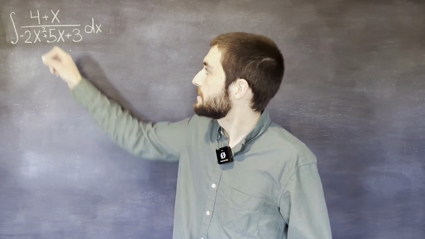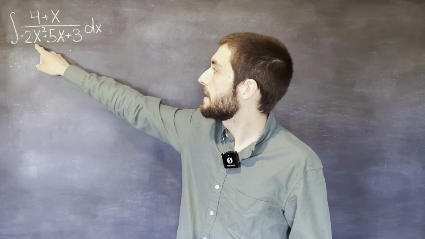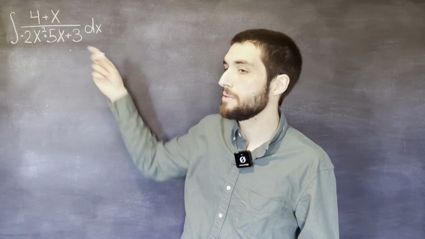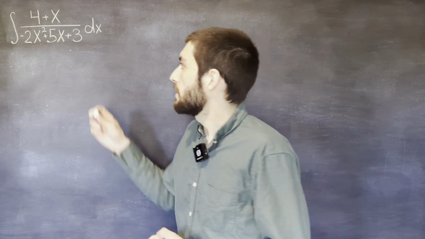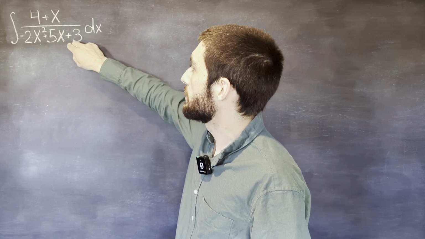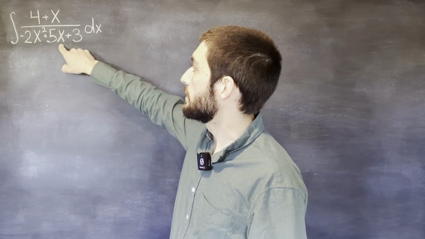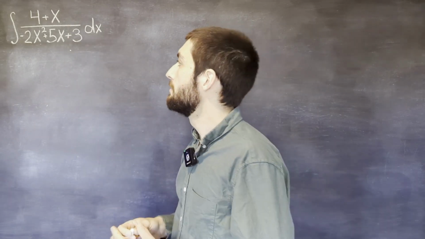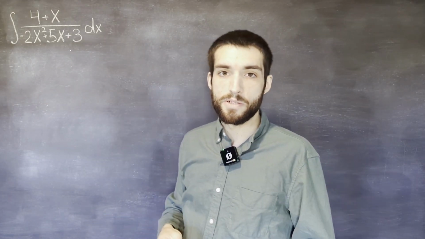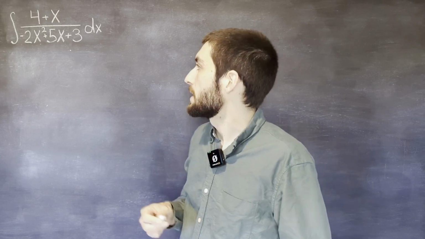Let's use partial fractions to integrate (4 + x) / (-2x² + 5x + 3) dx. Before we get started, we have to make sure our denominator has higher degree than our numerator. And in this case it does, because we have a second degree polynomial in our denominator and a first degree in our numerator. So that means we can use partial fractions, and the first step to partial fractions is factoring